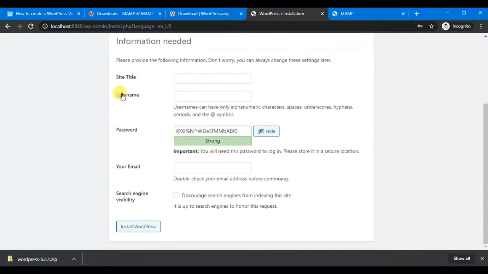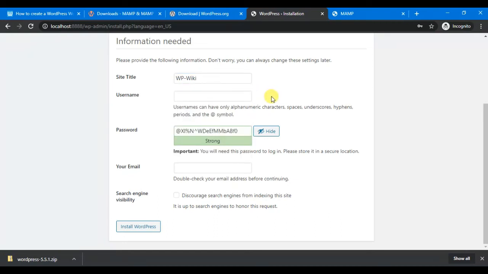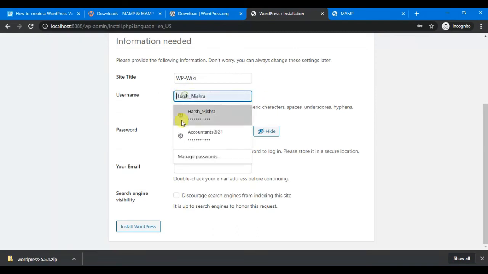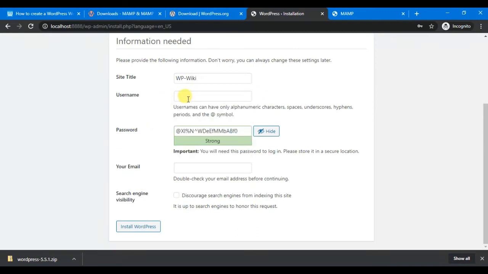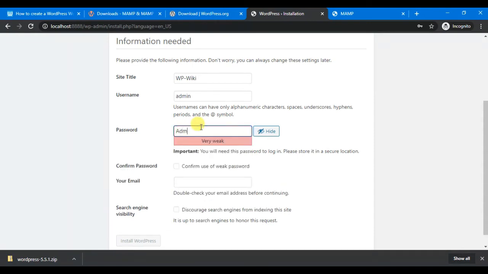Now, information needed: site title, username, password, and your email ID. So add the title of your site here, WP Wiki. Username and password, whatever you add here, keep it remembered, because I'm going to add admin and choose a password, strong, like admin@2020.